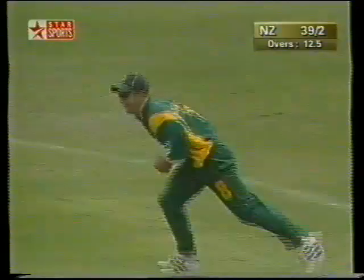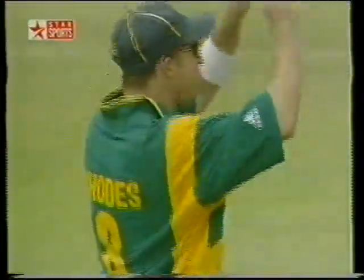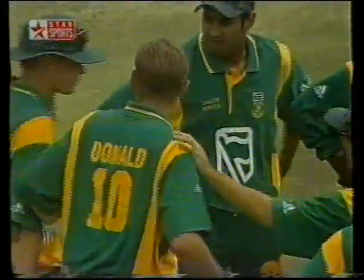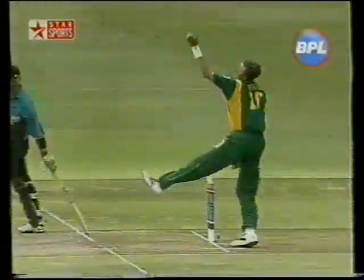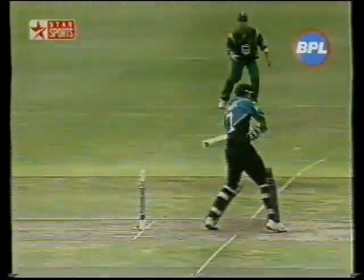Short and wide and gone. Jonty Rhodes in the spot, right on the target. Stephen Fleming has picked him out, and Donald has struck in his first over. And how often? I think the opposition captain. And a big smiling Allan Donald there. Nicky Boje is pretty pumped up. Fleming will be upset with this. It's wide, it's